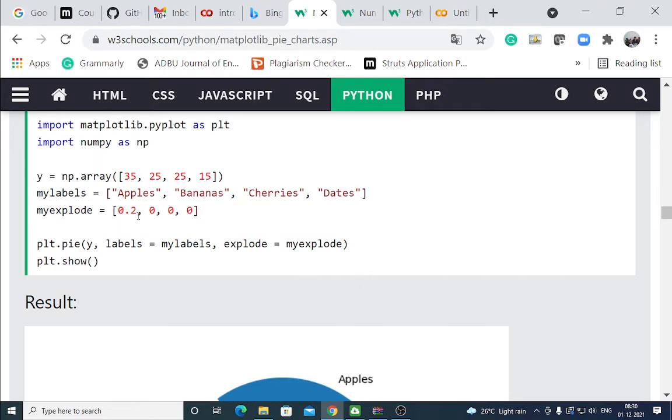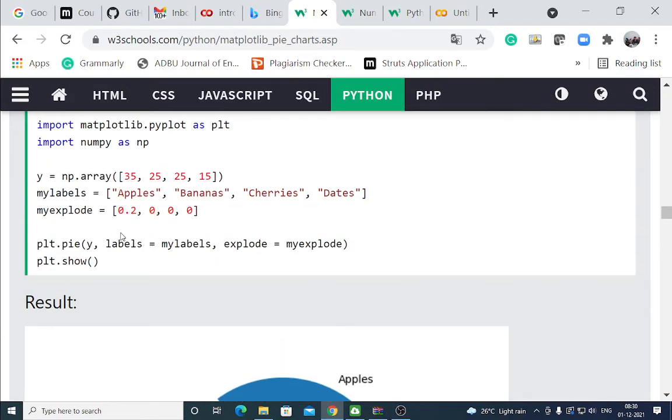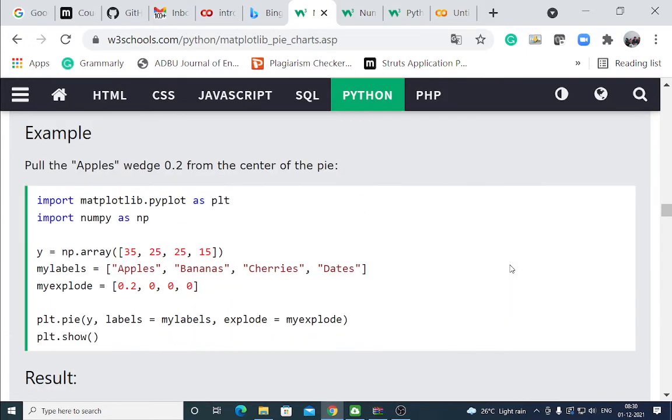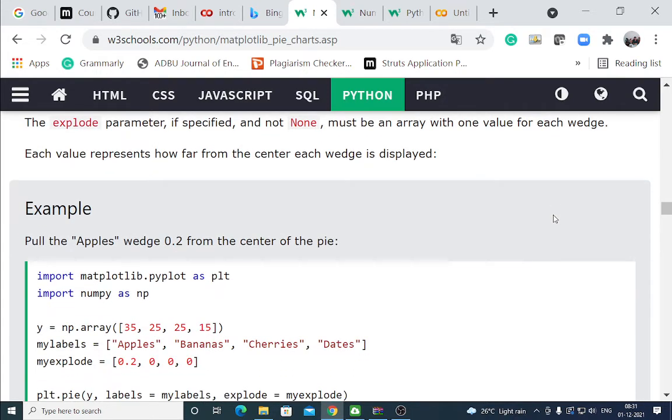Explode is equal to 0.2, give the positions, then it will show. Labels is my labels, explode is my explode. It will take one value for each wedge.